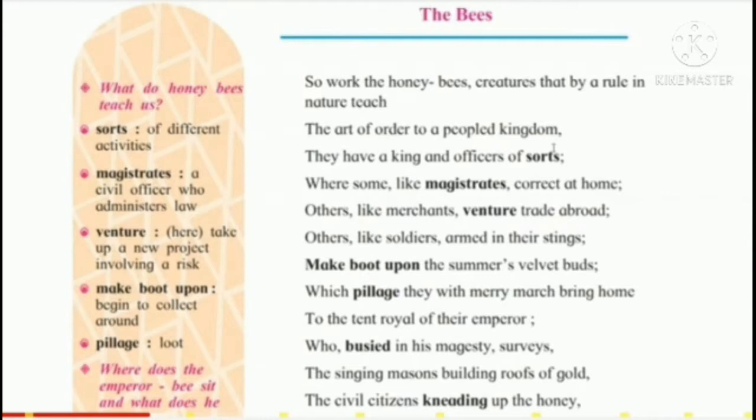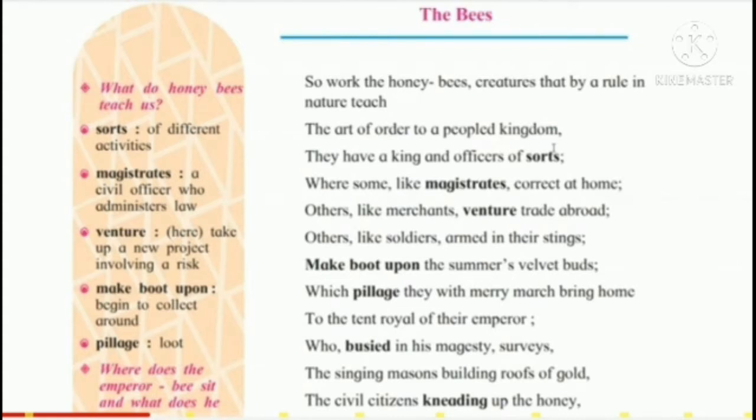So work the honeybees, creatures that by a rule in nature teach the art of order to a peopled kingdom. They have a king and officers of sorts, where some, like magistrates, correct at home, others, like merchants, venture trade abroad, others, like soldiers, armed in their stings, make boot upon the summer's velvet buds, which pillage they with merry march bring home